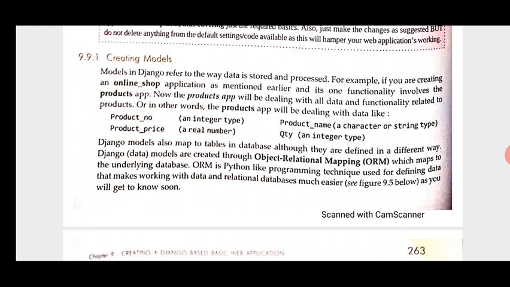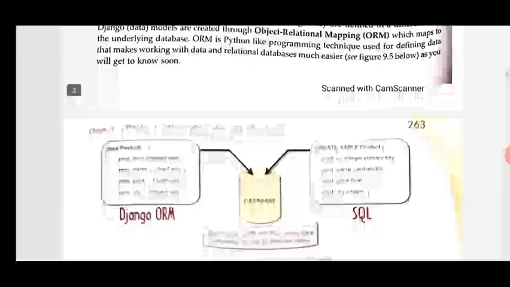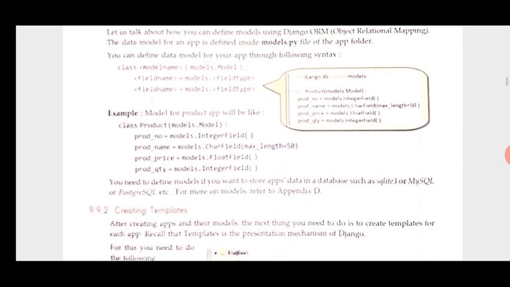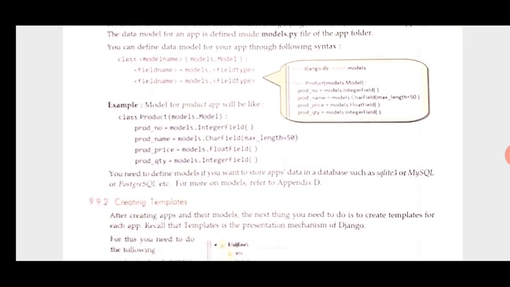So what is the syntax? Just see here, in this example it will be clear. Class model name, then models.Model. The class model name given here is Product. Inside the argument of the class, models.Model will come.